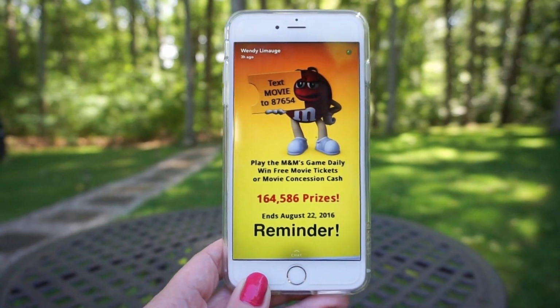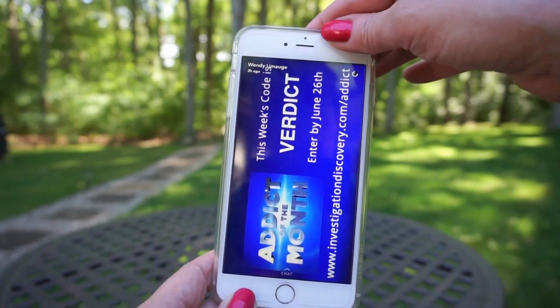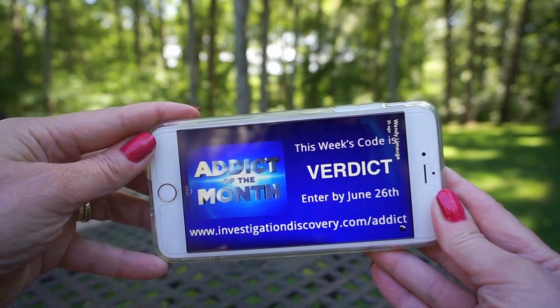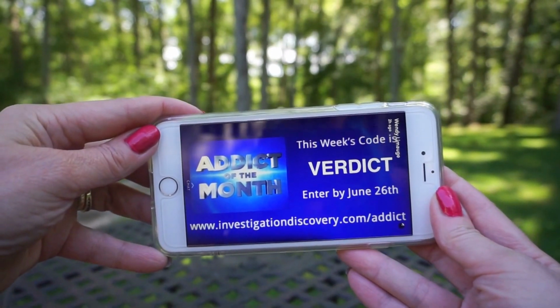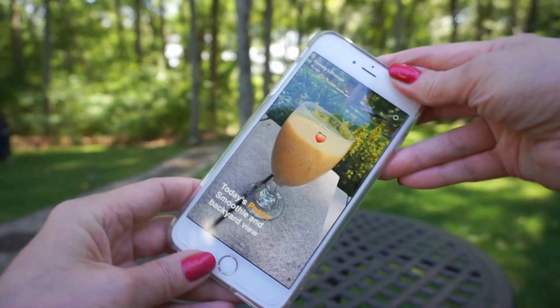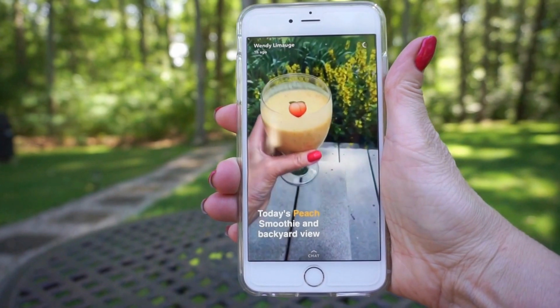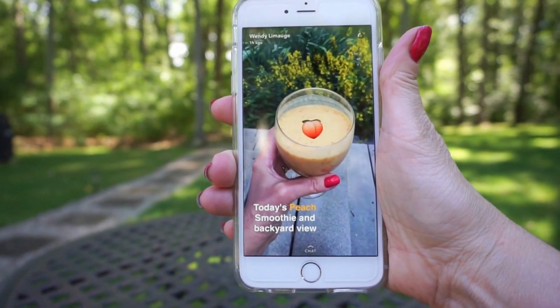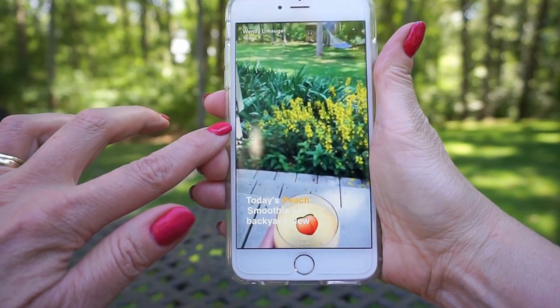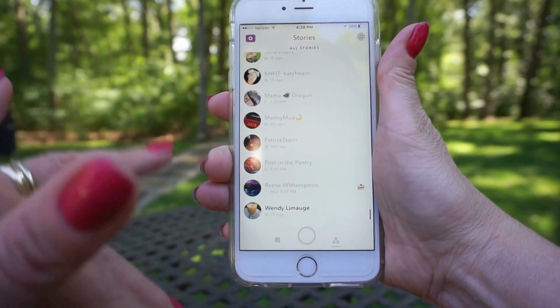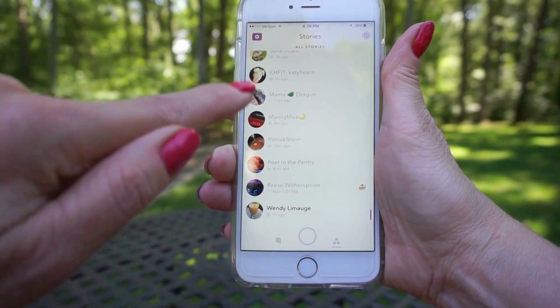Snapchat has created this app because it's supposed to be a timeline of your activity in the last 24 hours, and all the snaps actually go away off of their server. There's my smoothie for the day. Now, let's see. Okay, so once the last snap has gone away, it stops,